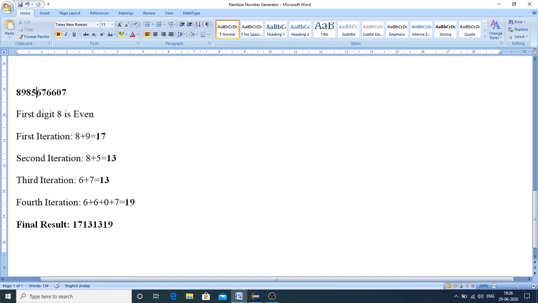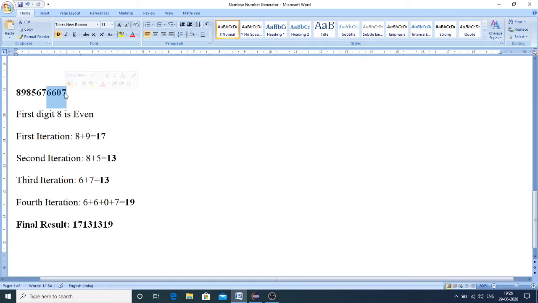In the third iteration 6 will be the first digit, which is even. So you need to find a sum which will be odd. So 6 plus 7 is 13. In the fourth iteration the first digit is 6, which is even. So you need to find a sum which will be odd. 6 plus 6 is 12. So you can't stop, you have to continue. 12 plus 0 is 12. 12 plus 7 is 19.